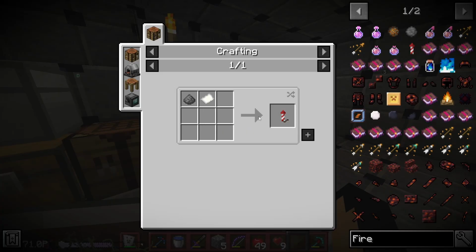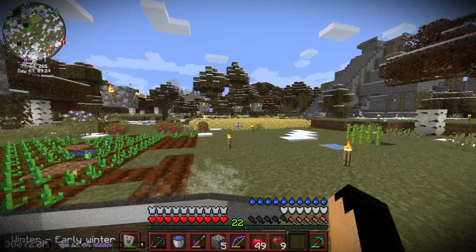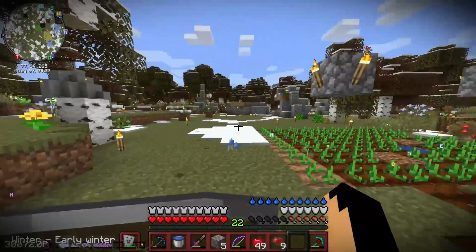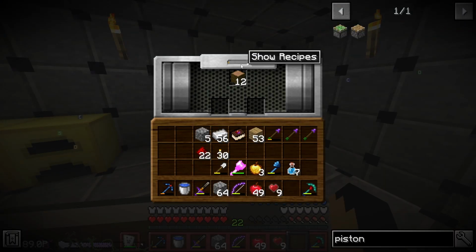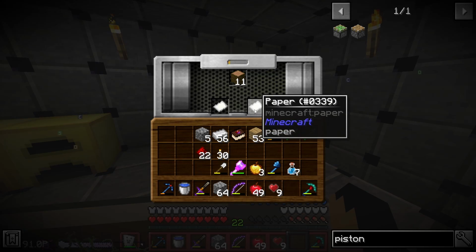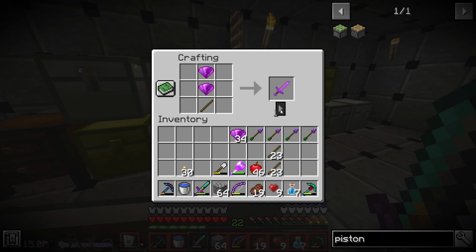To make fireworks, I needed paper and gunpowder, which was a problem as I didn't have an abundance of either. It was also winter and my sugarcane refused to grow, making things more complicated. I found I could make the presser, which allowed me to place logs into it. With a little bit of time, it would make me 2 paper for each log, taking care of my paper problem. I took a detour and made a lawlite sword for a damage upgrade, which had to be made the